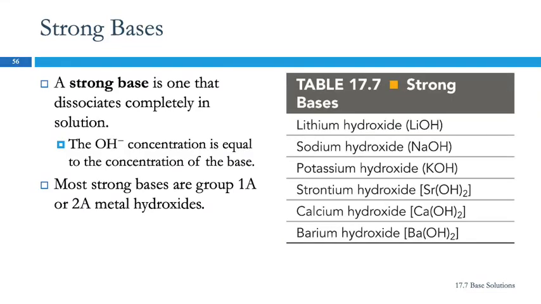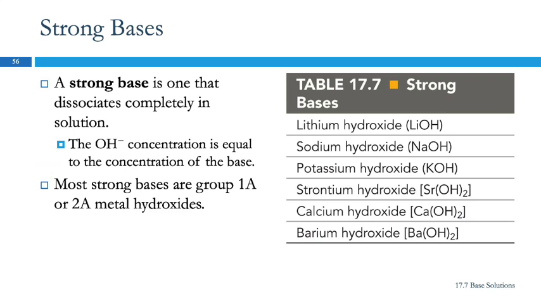We ended last week talking about acids and strong acids and weak acids, and so this section will be about bases. So strong bases, the definition is similar to a strong acid. A strong base dissociates completely in solution. Strong bases dissociate, they don't ionize, because they are ionic compounds. So when you have a strong base, the hydroxide ion concentration is going to be equal to the concentration of